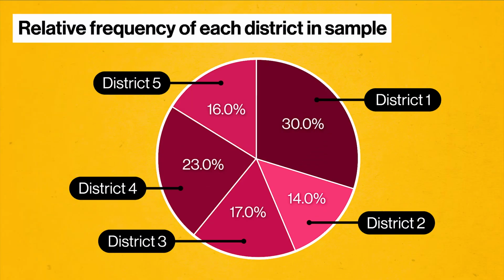She calculates what's called the relative frequency by dividing the frequencies of each district by the total number of data points in her sample, 1,000, and turning them into percentages in her spreadsheet software to get a table. And this table of relative frequencies is what she turns into a pie chart. So the slice corresponding to District 1, which makes up 30% of her sample, corresponds to 30% of the chart. Pretty neat. At a glance, Alice and her supervisors can spot that Districts 2, 3, and 5 don't have quite as much data as the others, and it might be worth surveying a few hundred more yards there to even